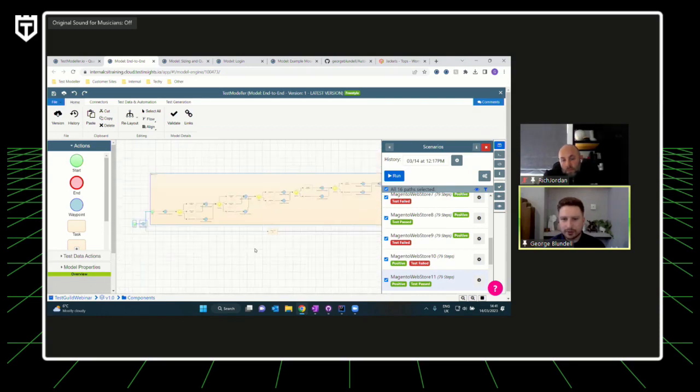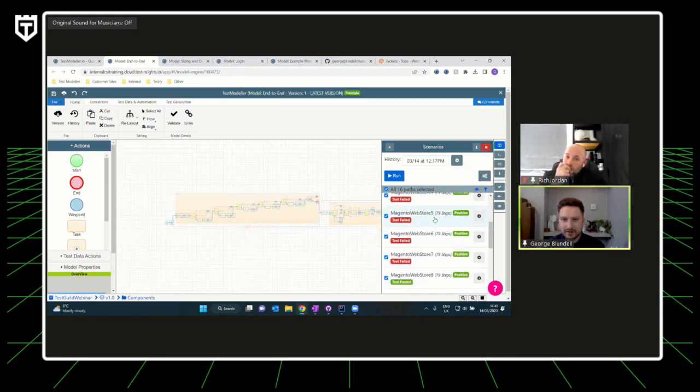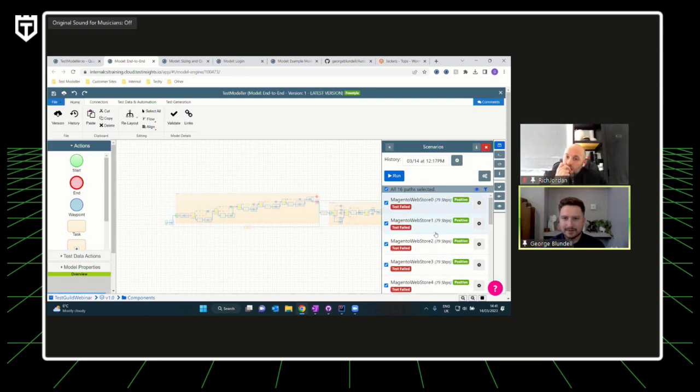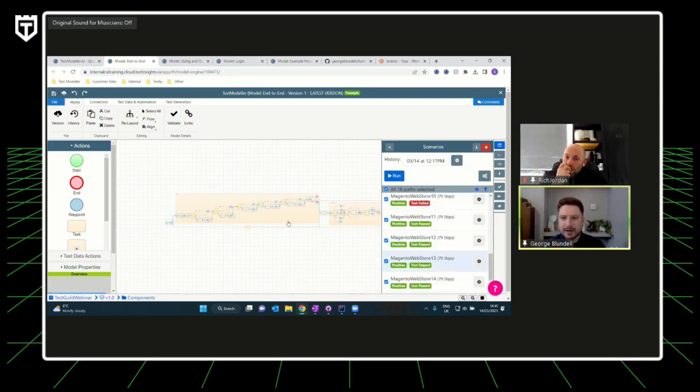As we scroll through, you'll see that we're picking out different scenarios and different combinations of behaviors on that web page. That path generation is picking out different edge cases and different nodes, and each one of these paths is now, in essence, its own test case.